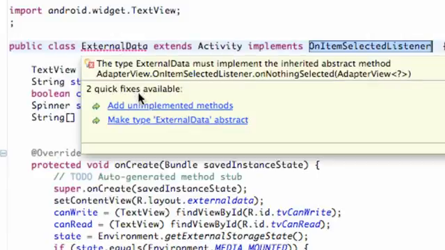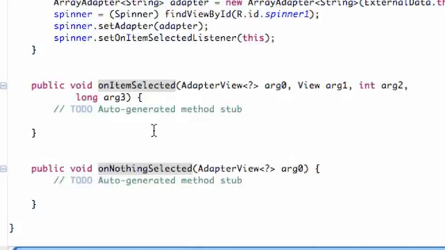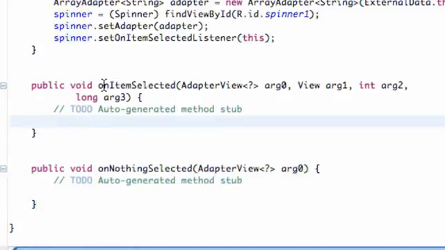And again, we just hover over the class, add unimplemented methods, and we have two new methods. Basically, on item selected and on nothing selected. Well, we aren't going to really worry about the nothing one because we aren't really going to do anything for the most part. So we're going to go within this item selected method here,